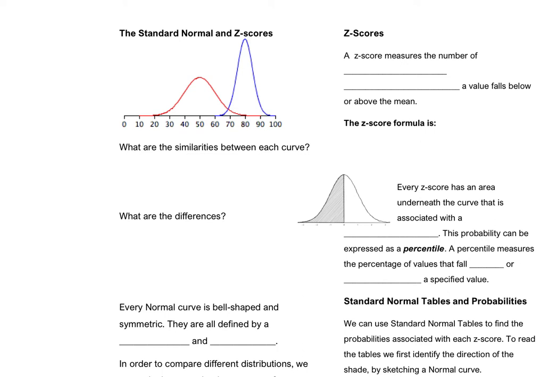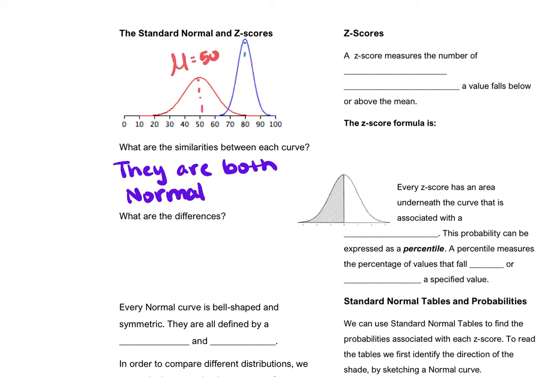If you look at this particular example, if I tried to compare these two curves, it's very hard to do because I know that they're similar because they are both normal curves. So what are the similarities between each curve? They are both normal. What's different about them, though, is this one has a mean equal to 50, while this one has a mean